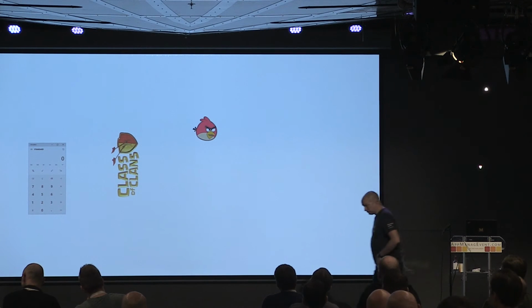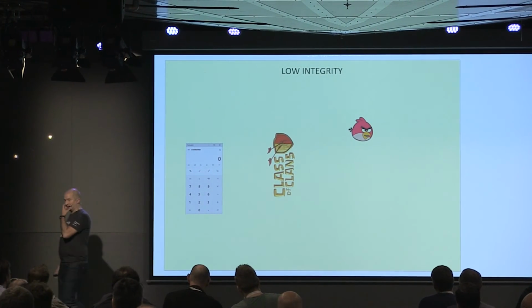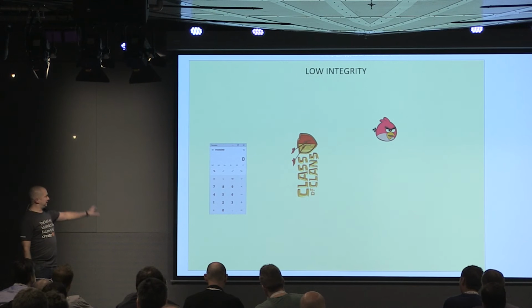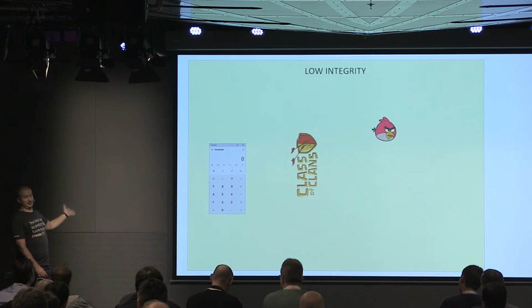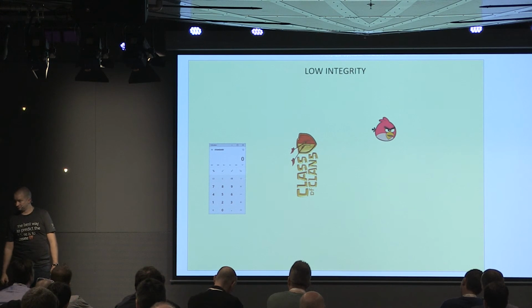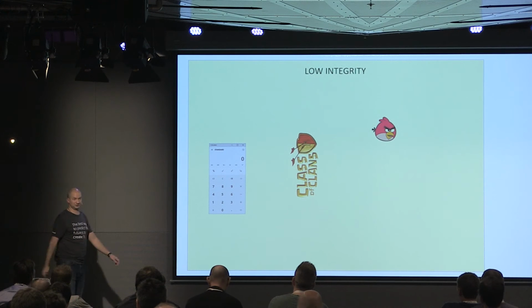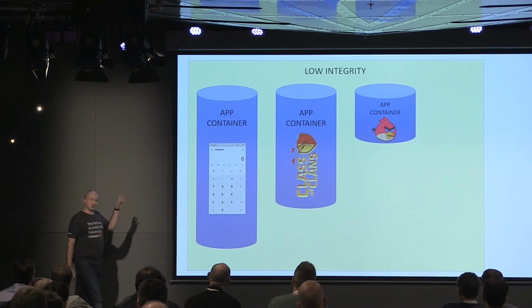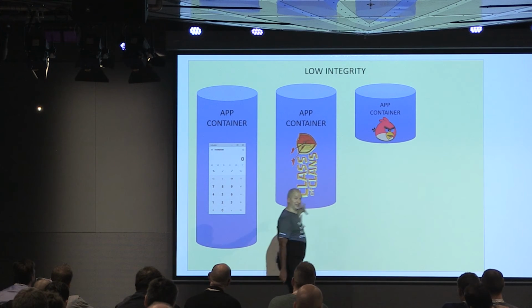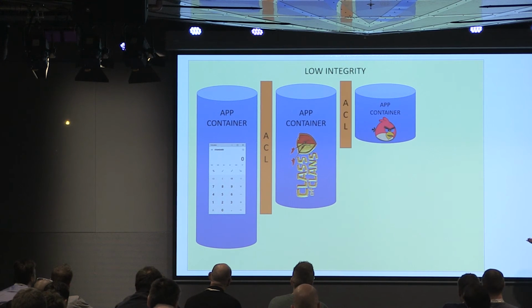That's weird. So, the problem was in Vista, they came up with the integrity idea. But now the problem is that if we have multiple applications running at the same integrity level, we can't protect them from each other. Something at the low integrity level can do whatever they want against each other. So AppX allows what are known as app containers. Now app containers allow you to have SIDs for applications, which means that we can put ACLs between these apps,